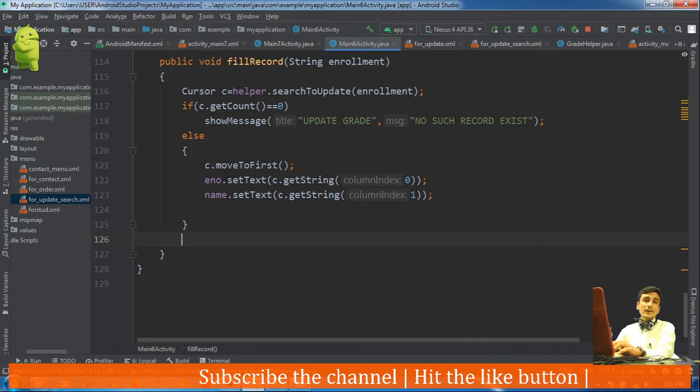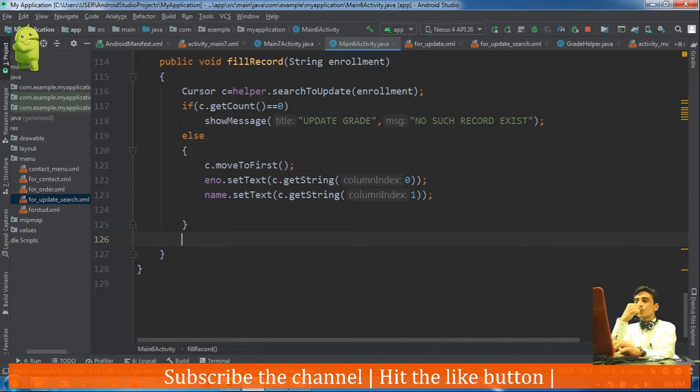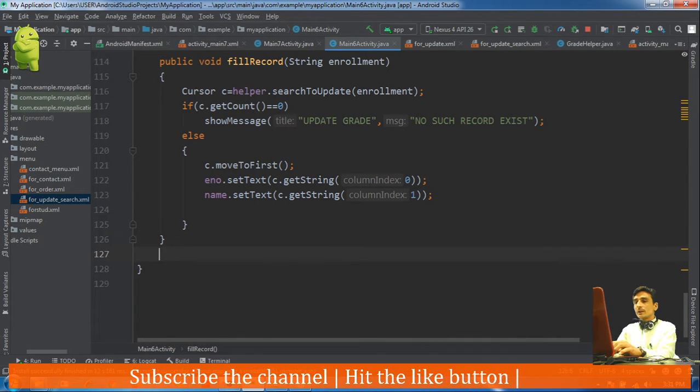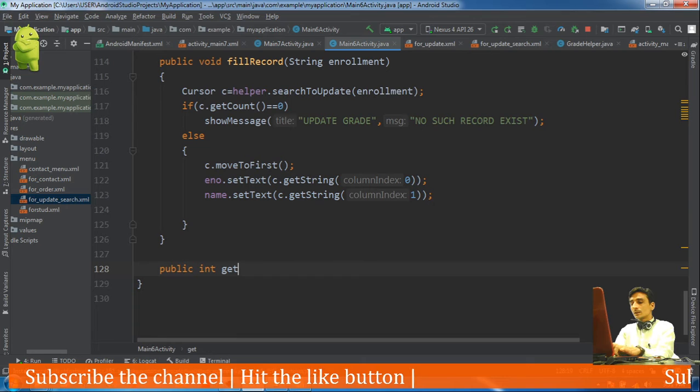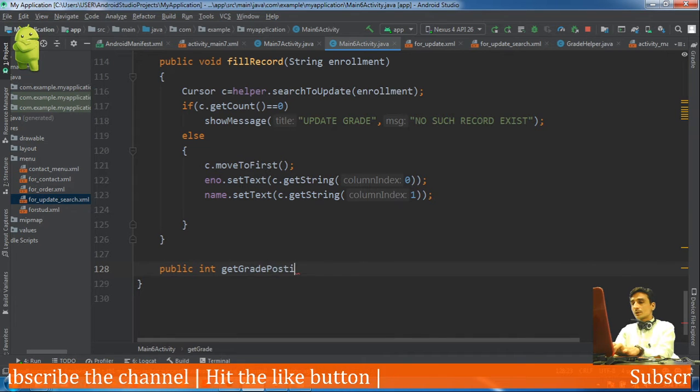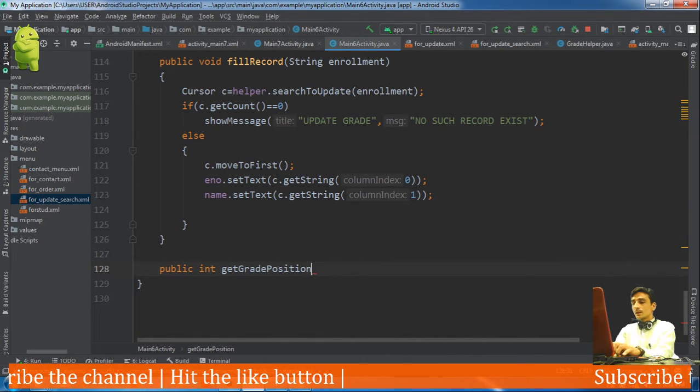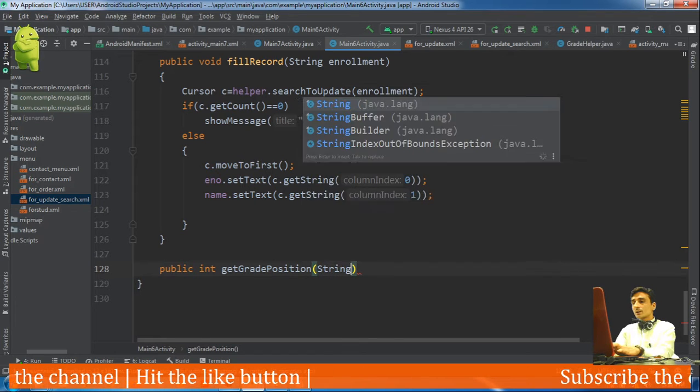So first of all we will retrieve the position of that grade from the array. For that purpose we will define a method public integer get grade position, and here we will pass that string which is grade.